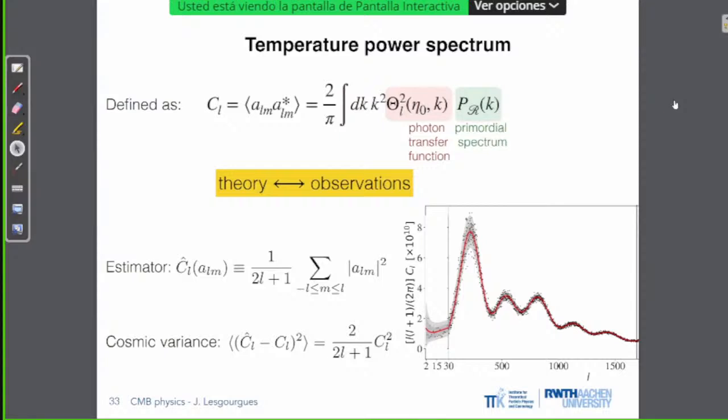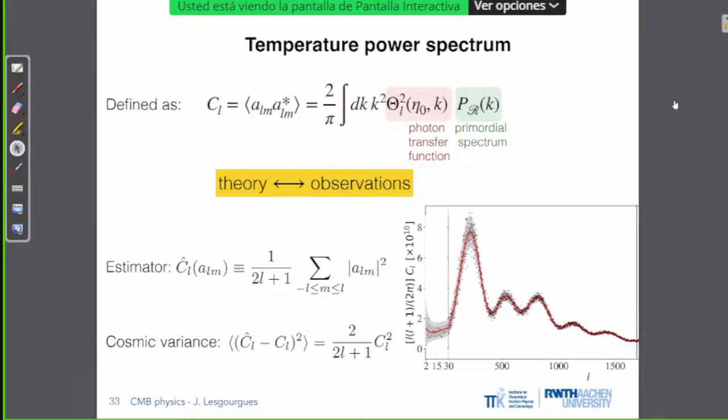An extremely important quantity that we want to compute is the temperature power spectrum, C_ℓ^TT as a function of multipole ℓ. Why is it so important? Because it's a quantity that we can both predict theoretically and compare to observations. And to compute it, we just need to perform one integral over Fourier wave number with two terms in the